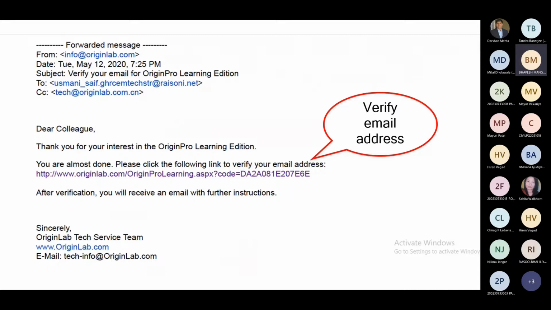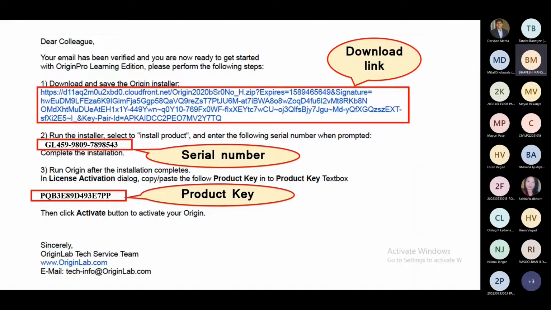After that, one will get a mail on that email ID, and first one needs to confirm that this email ID is correct. Once you verify the email address, one more mail will be received in the inbox. Here, the first download link is there. Through this, one can download the software. But through this link, the software will download only a single time. It cannot be downloaded another time, right?